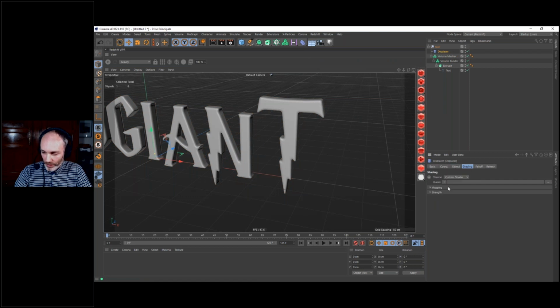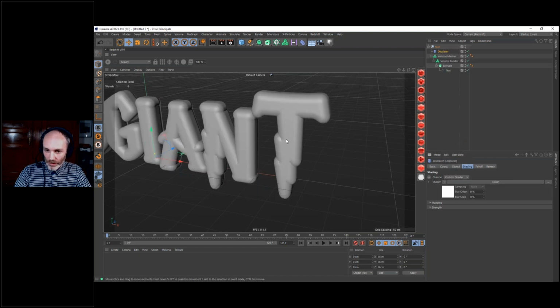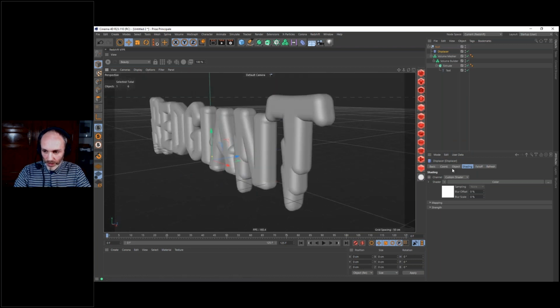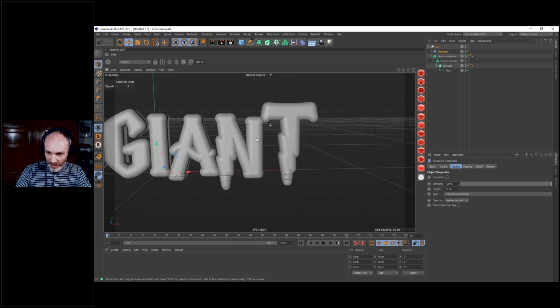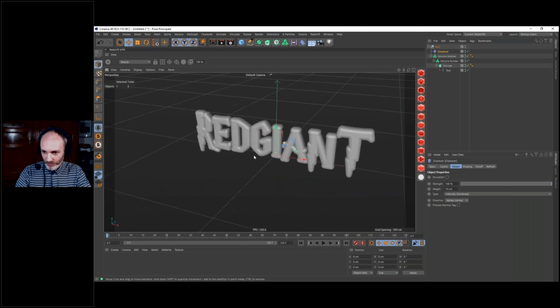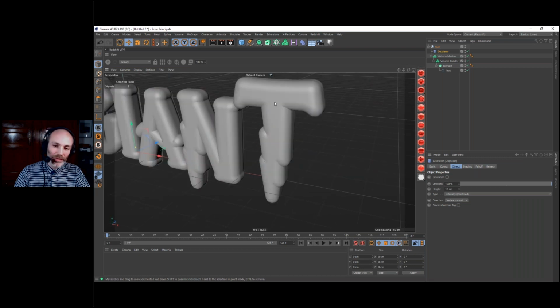And now in the shading, I need to put a shader, and I'm going to start with just a simple color. So let's go to the color, and this is a white color. So it's just going to displace every polygon along its normal, so it's the perpendicular direction from the face. It's going to push it by 10 centimeters, direction vertex normal. Okay, so it creates some kind of inflated look, which could be interesting, but not for what we want to do. Okay, so now we need to restrict this effect